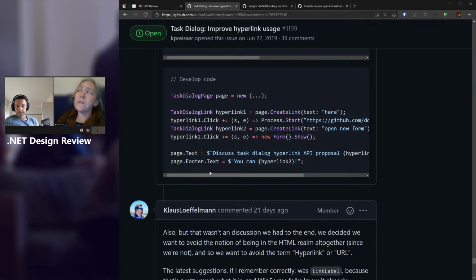Is this factory method going to be toolable? Are we going to be able to do that from a properties dialog? Looks like the answer is yes, I just want to confirm that. No, we still don't have support for the task dialog in the designer at all. We don't know whether it would be coming at all. That would be an interesting thing, right? Because that's probably the most WinFormsy way of building this dialog, to just drag and drop a thing in the tray and then tweak it. That's probably how people would want to do that.